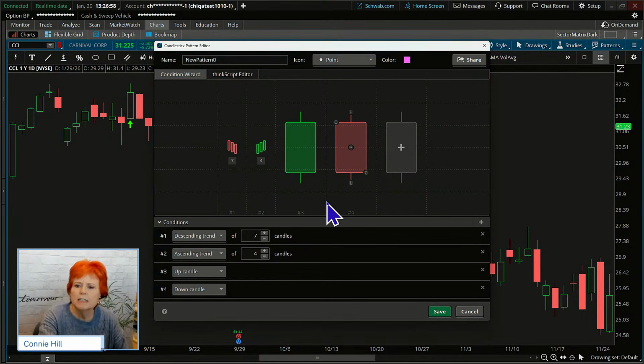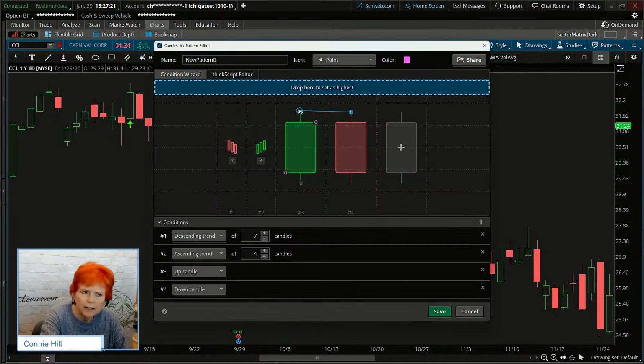Okay, so if this needs to be our high candle day, we want this high to be higher than this high here. So we're going to make a relationship, this high to this high. I kind of like starting on the second candle, but you can start on either one actually. Click and drag that high to that high.